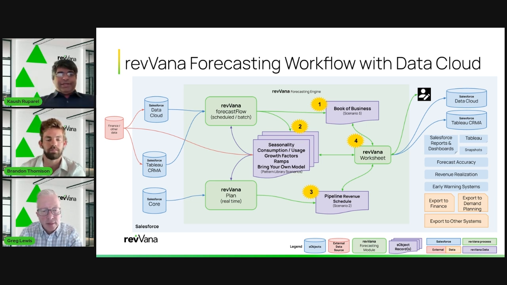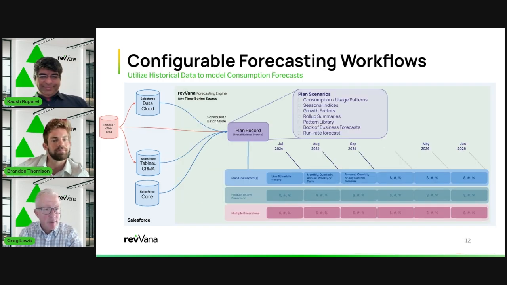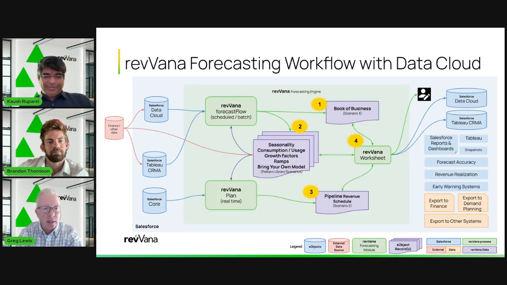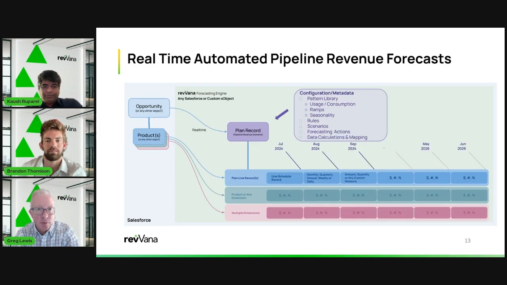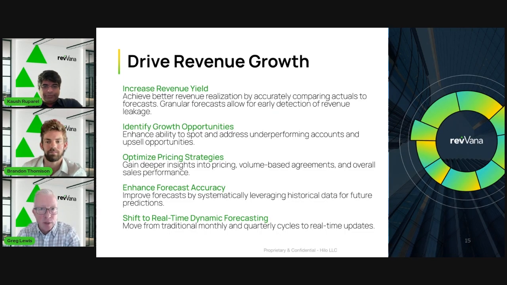Yeah, go ahead. Yeah. So on this example that Kosh had, this is programmatic and configurable. No, we are not using AI to do this. However, we have some big announcements coming around Dreamforce, around revVana's Bring Your Own AI model that also works with Data Cloud's Bring Your Own AI model. And we will be doing another webinar, I believe it's in October, on Salesforce Bend, diving into that. So look forward to sharing more shortly.